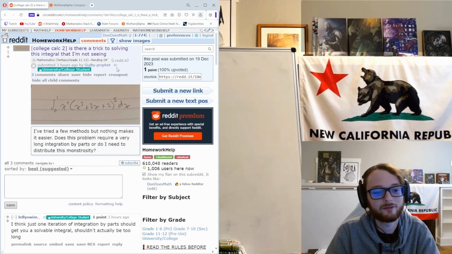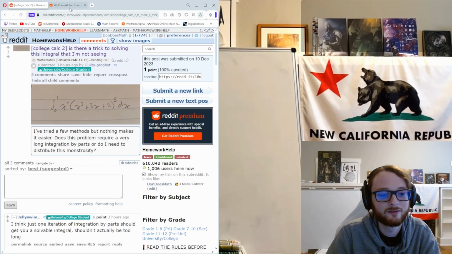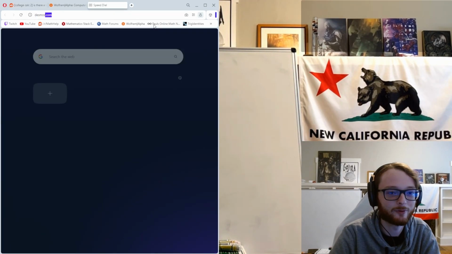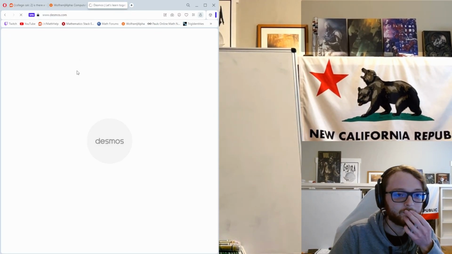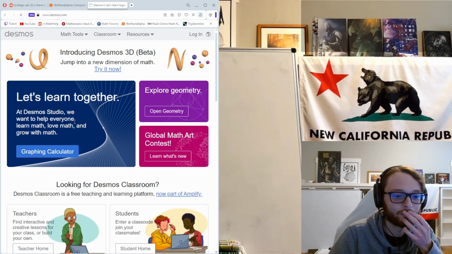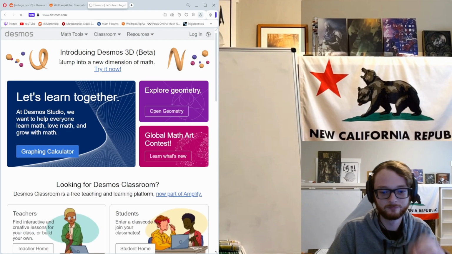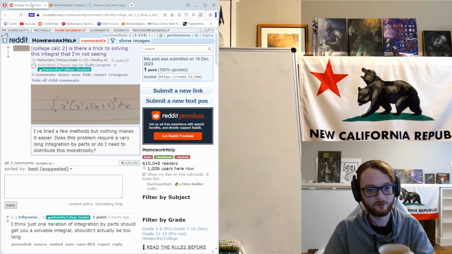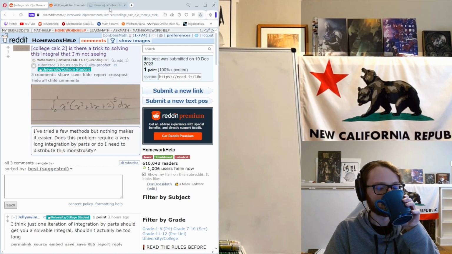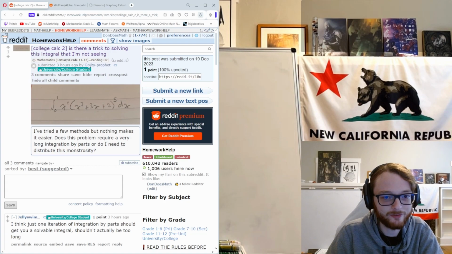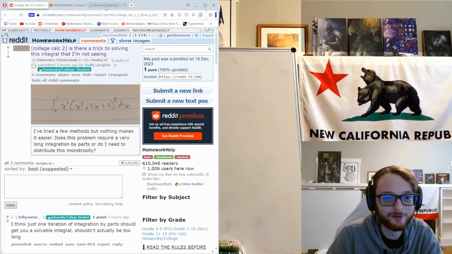Is this... I want to look at the graph of this. That could be important. This might be one of those ones you can play around with the bounds or realize that it's odd or something. It is an odd degree function. It's a 17th degree polynomial, dude. What the hell?